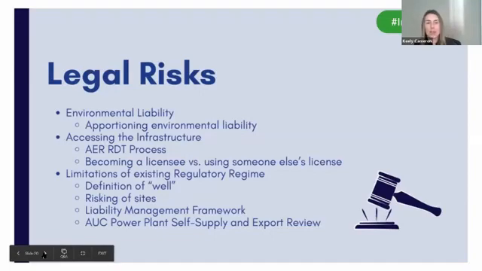Because again, using the AER's liability management framework, their asset value is attributed to oil and gas production. So if that's not the main production or value from your site, you're likely going to have a negative liability management rating, which will require providing and payment of security. And then also, if as part of your project, you're looking at